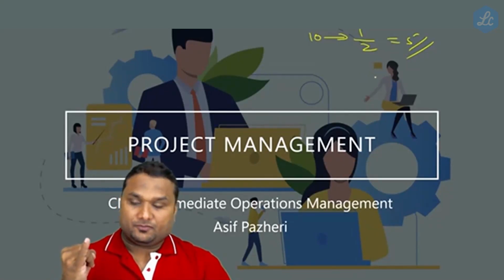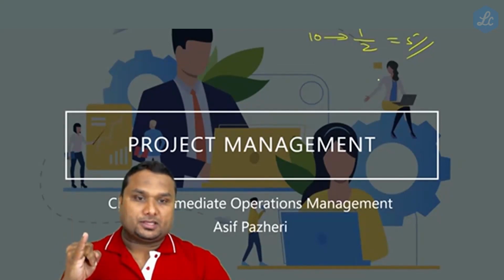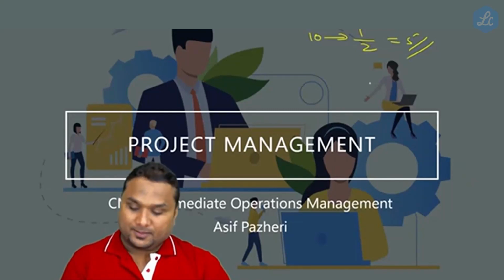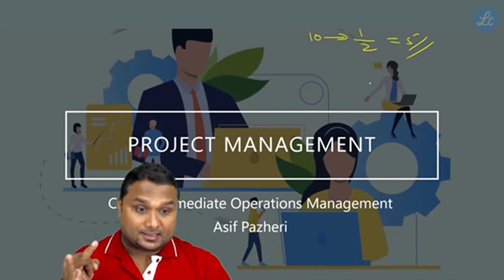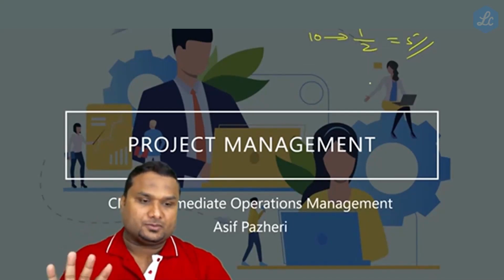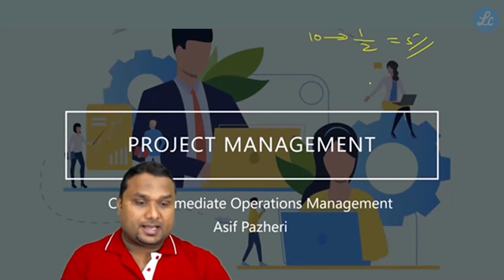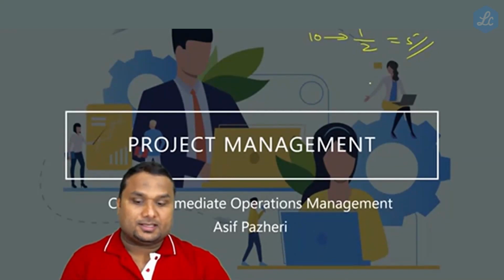I divided the chapter into three areas. One is critical path method, which we are going to discuss here. The second one is program evaluation review technique. And the third area is the four diagrams which are given. Actually, they are diagrams related to PERT, and if you study these four diagrams, there is a high possibility that any one of these questions can come in your exam. So if you focus on this area, definitely you will get 10 marks.